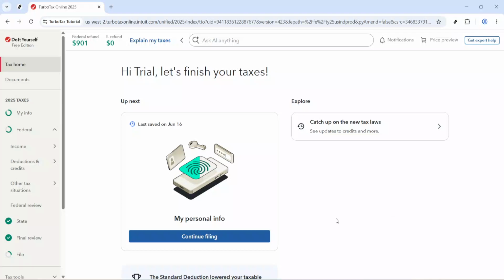In today's video, I'm going to teach you how to use the foreign tax credit on Turbotax. If you paid taxes to a foreign country and need to report that in Turbotax, this process is fairly straightforward once you know where to look. In this walkthrough, I'll show you how to navigate to the right section so you can begin entering your foreign